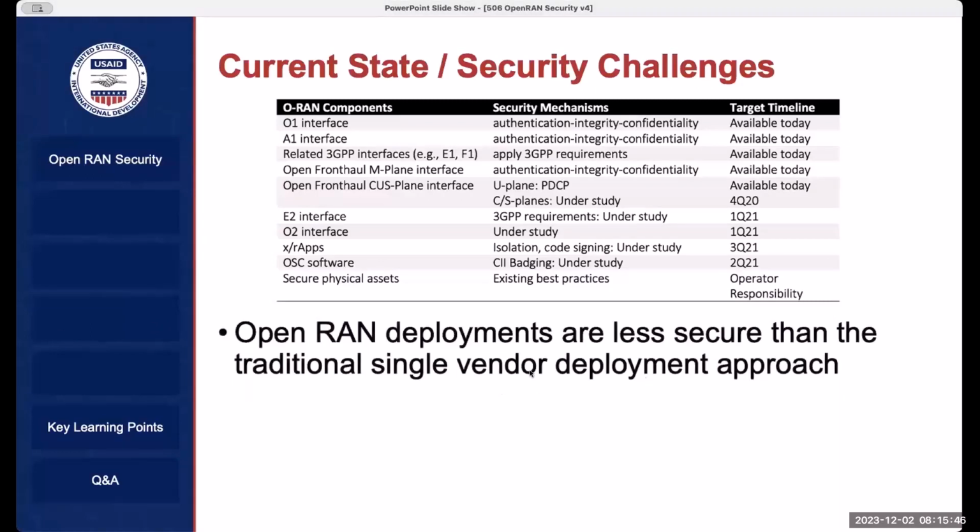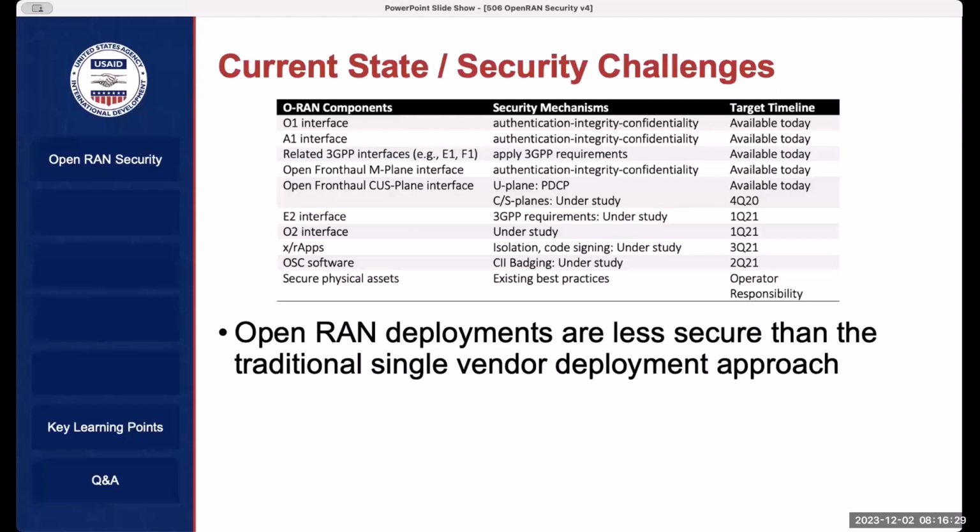Then with that intro, basically we're saying here that Open RAN deployments are somehow less secure, to a degree, than the traditional single vendor deployment approach, for the reason that there are various groups developing various components, and even if you're able to interact with all of these components and have them working seamlessly, we all know that developing systems, even in a single vendor deployment, and I'm not singling out multi-vendor deployment, there are components that might not be needed that get introduced.